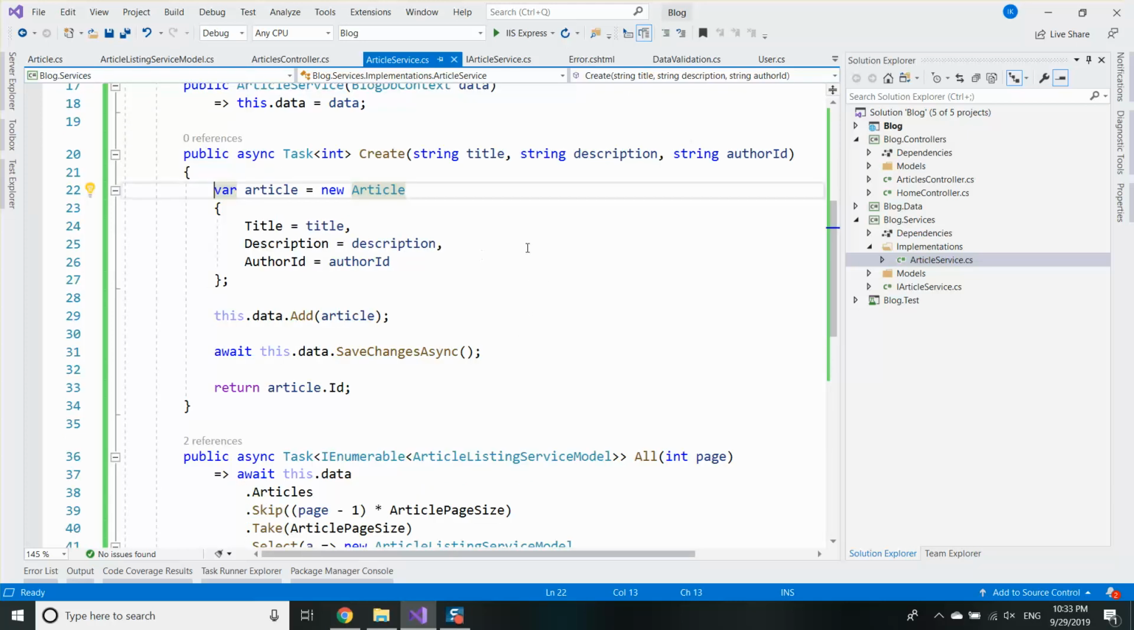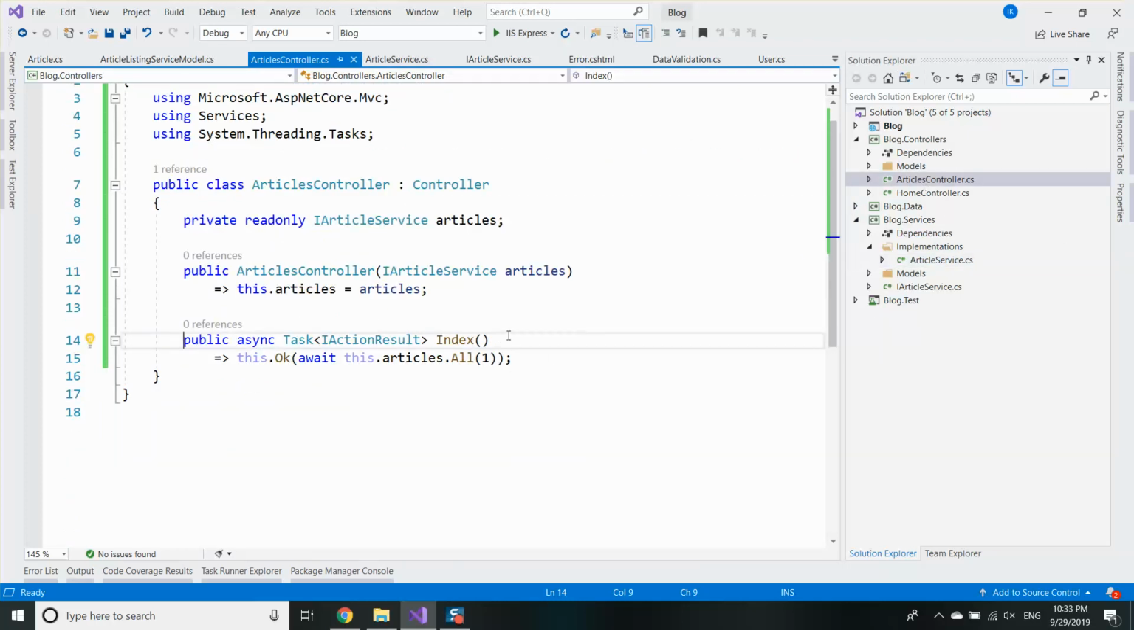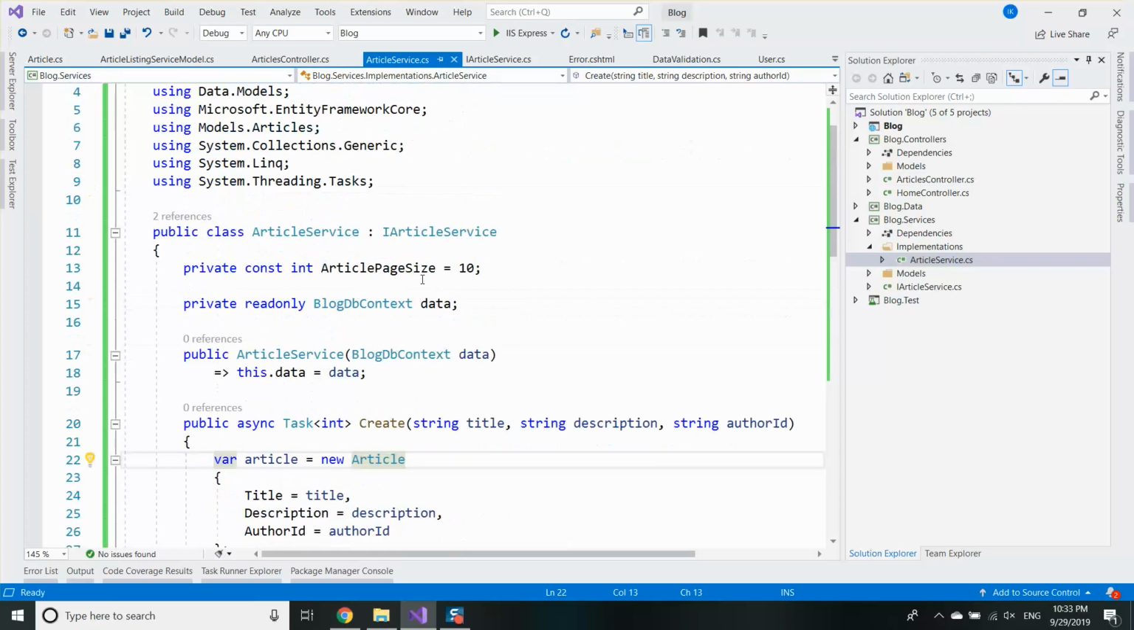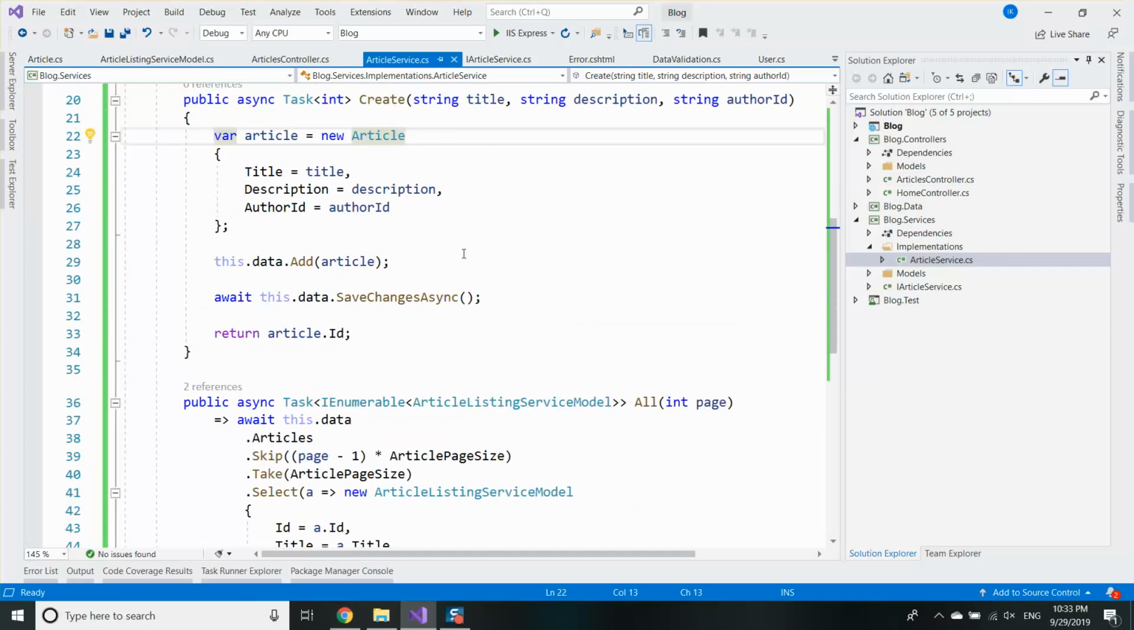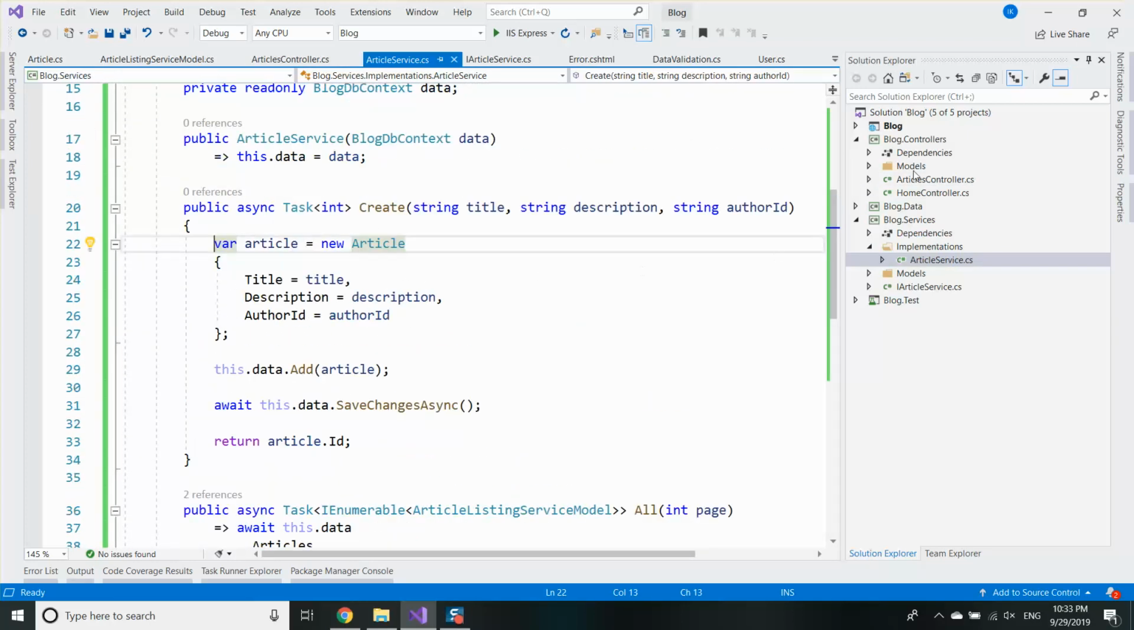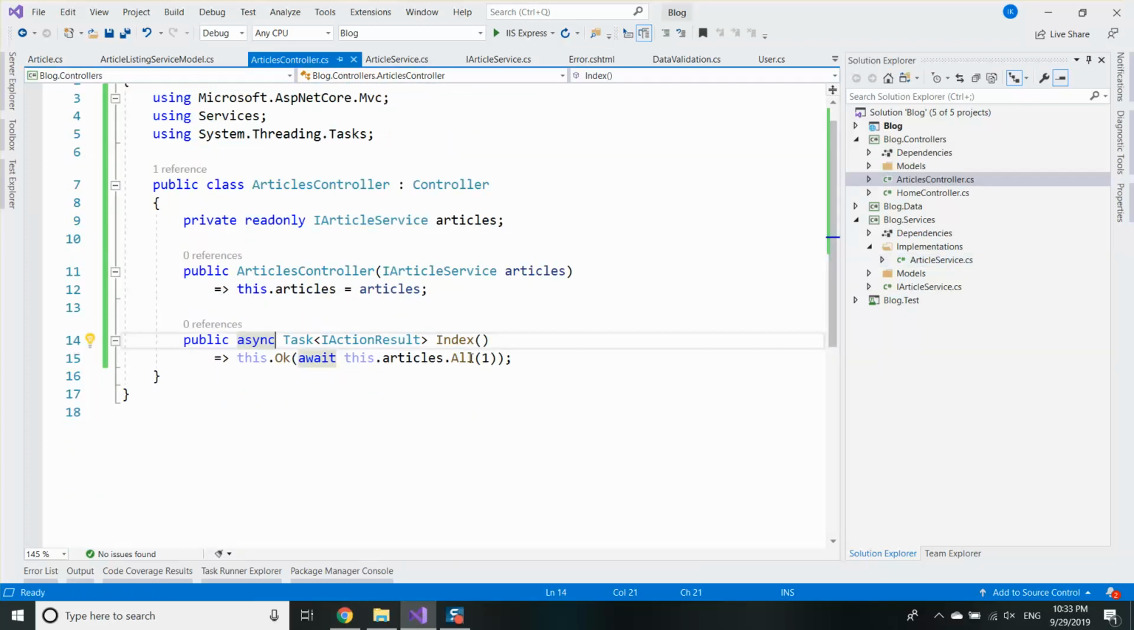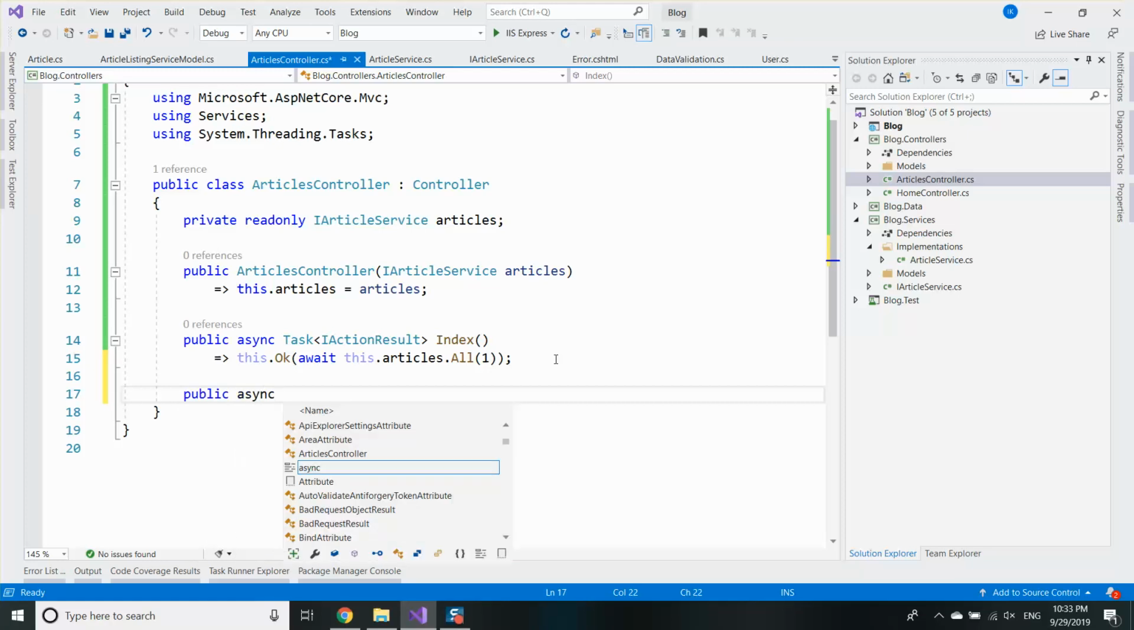All that logic belongs to the service layer. The controller is only responsible to get the request data, to validate it, and to return a response. All the request data goes to the service layer, and the service layer decides what kind of business logic to execute. So for example, if I want to add a create action here,